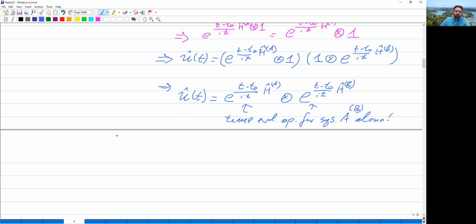Okay, so from this, what we can conclude is that omega of t, the time evolved state of the total system with a big Heisenberg cut,